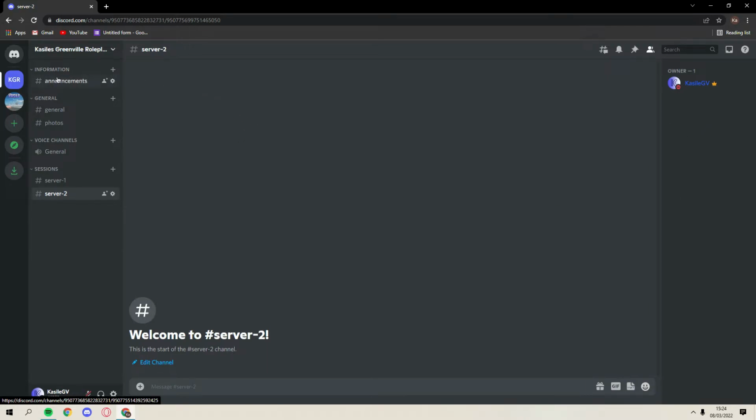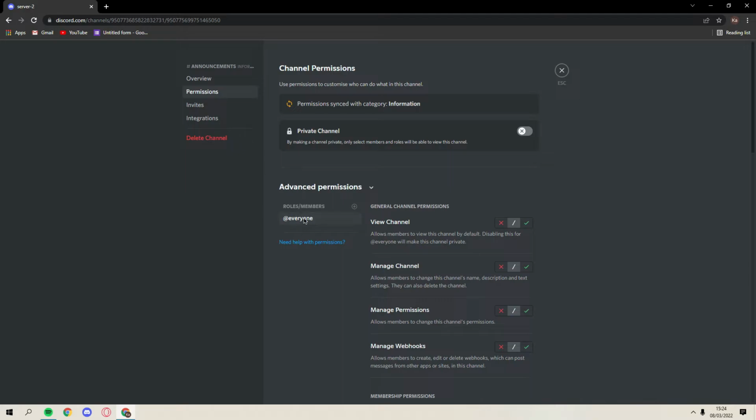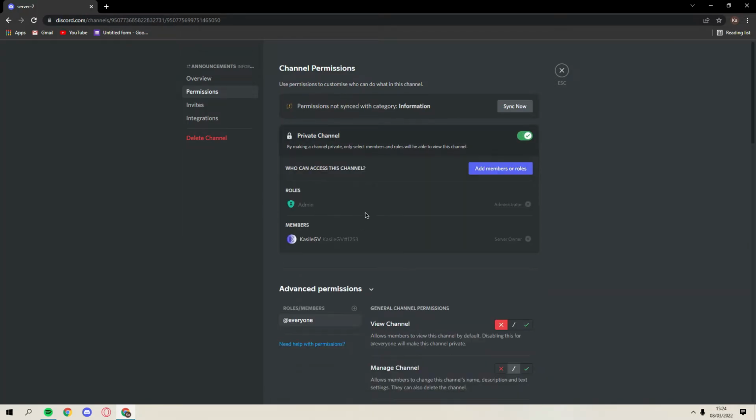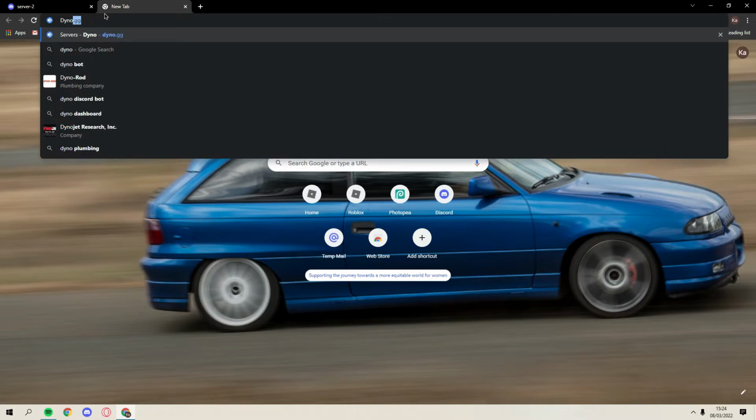So we want to go to here, and let's say you don't want a civilian to be able to see this when they join. So you just go edit channel, permissions, and this will be at everyone. When they join, they won't have any roles, but that's what Dyno is for, or bots. So you want to just click view channel off, and then you press save, and then we can go to Dyno, which is dyno.gg,